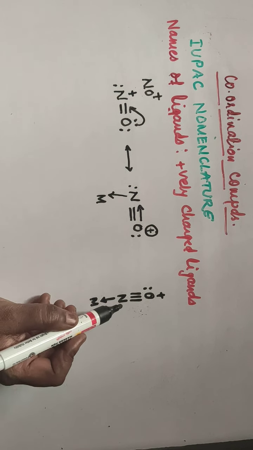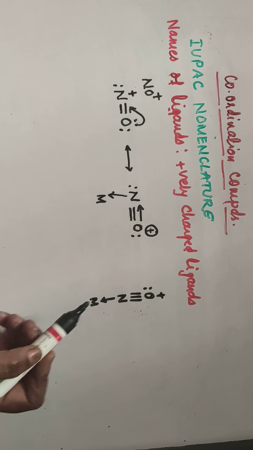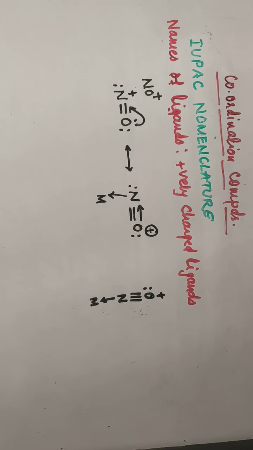So the nitrogen atom containing a lone pair of electrons donates an electron pair to the metal atom, and hence though it has positive charge, it donates an electron pair. Positively charged ions are electron deficient species, but as the nitrogen atom in this contains a lone pair of electrons, it donates a lone pair to the metal atom, and so it acts as a ligand here.